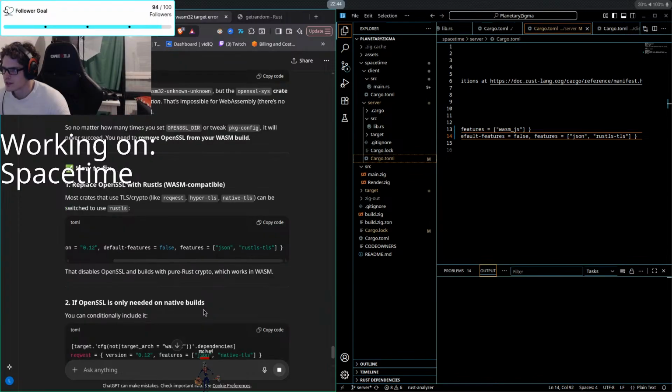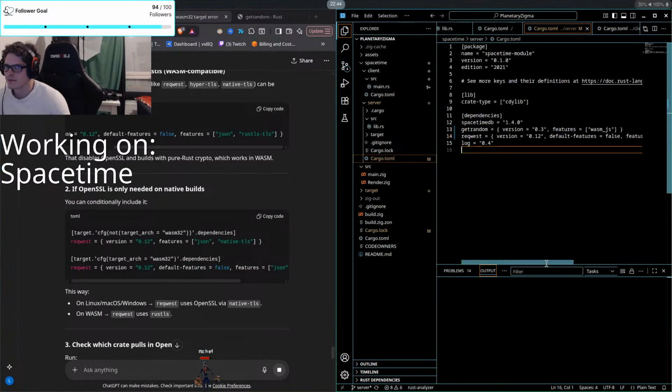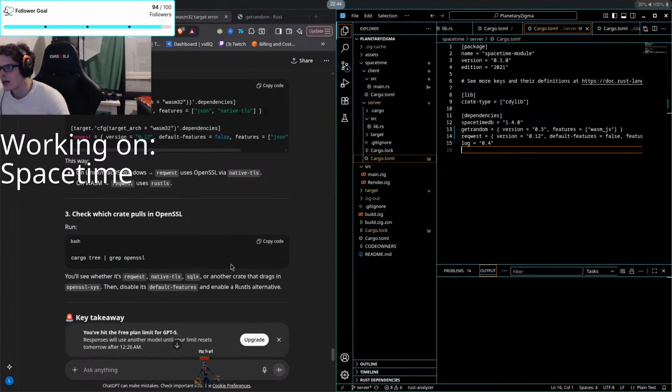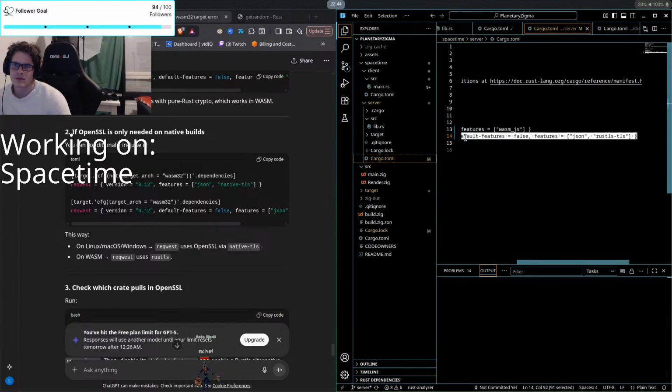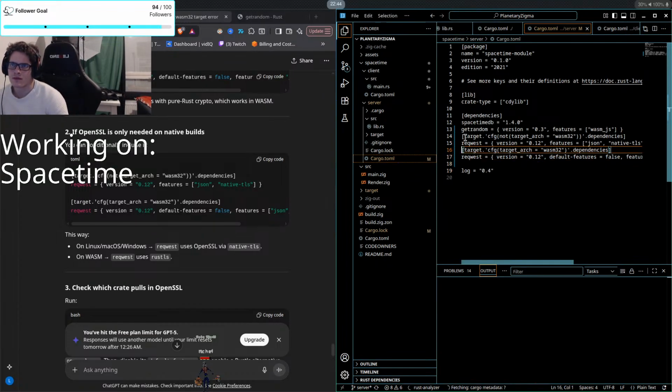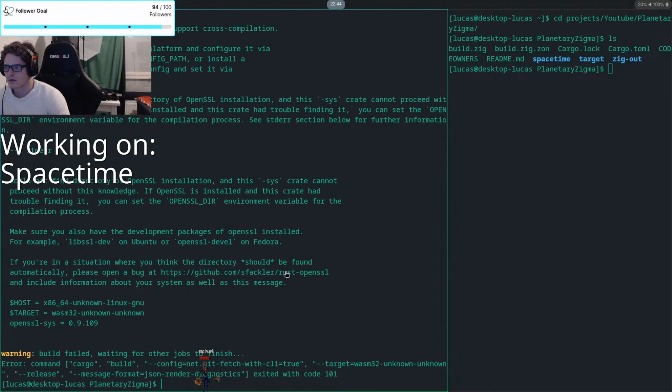Okay, now it's just saying the same thing over again. Bruh. Why? That's disgusting. Nope, still target openssl and build fail, waiting for jobs to finish.